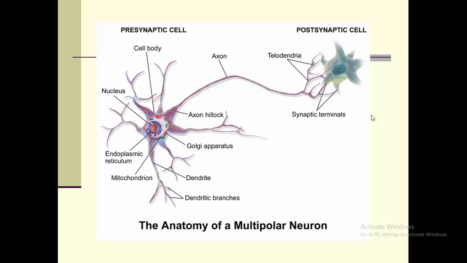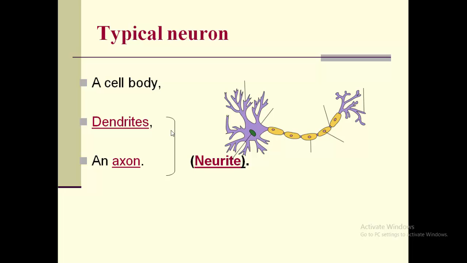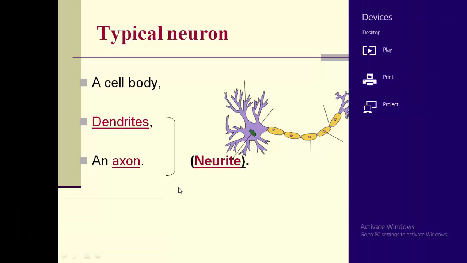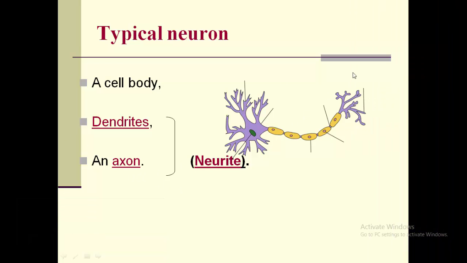This is a picture of the neuron اللي هي قلنا عليها الوحدة التركيبية والوظيفية للجهاز العصبي. This is a neuron or a nerve cell. A typical neuron has got these parts: جسم أو cell body, and then it has got الطول ده بتاعها. This is called the axon, and the axon ends by what you call the axon terminals.